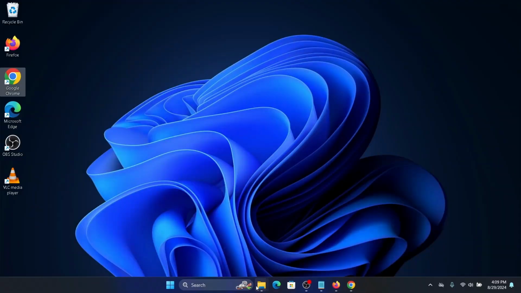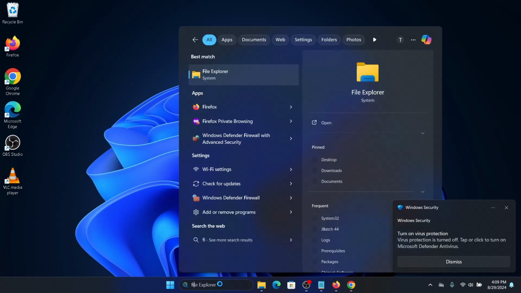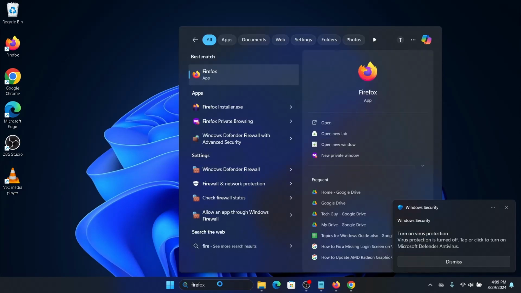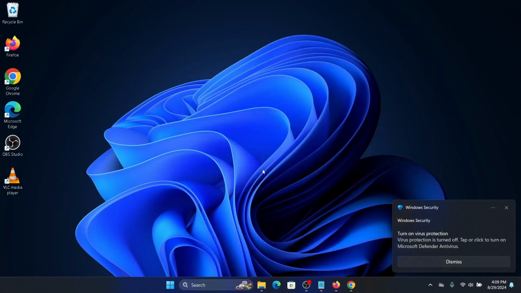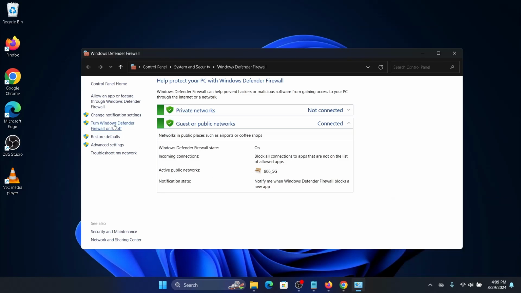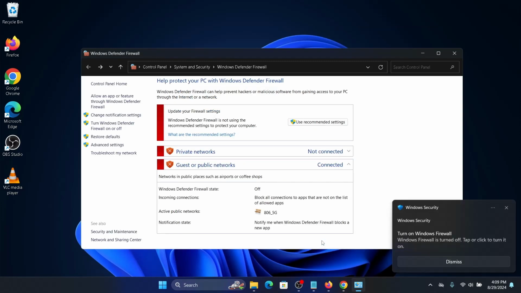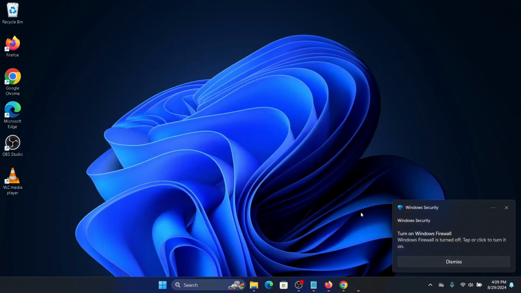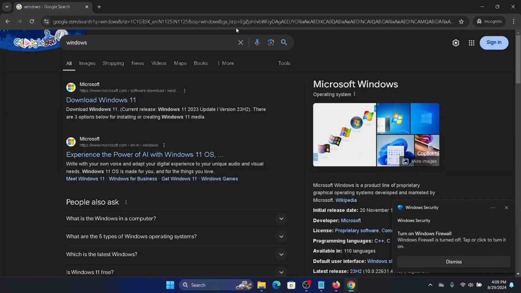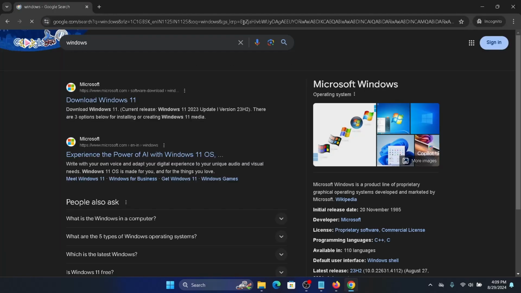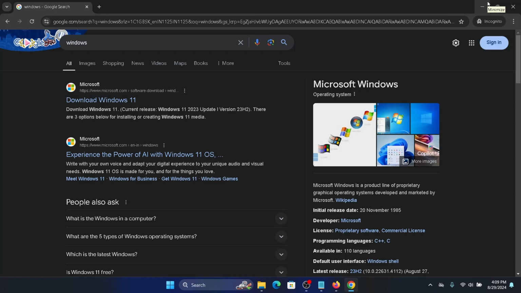I will also go to firewall, look for Windows firewall. Here it is, Windows Defender firewall. Turn Windows Defender firewall on and off, and I will turn both of them off and click OK. And then I will check again to see if this is working. It should definitely work folks, and if it doesn't, then there's not much we can do but only use a